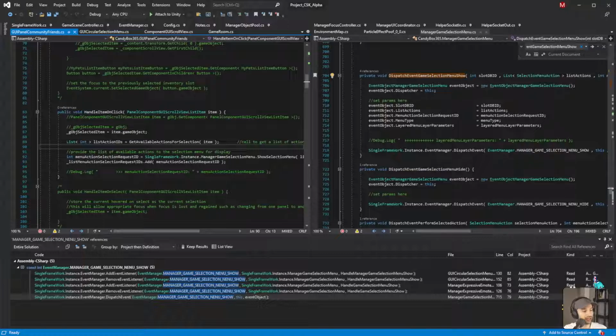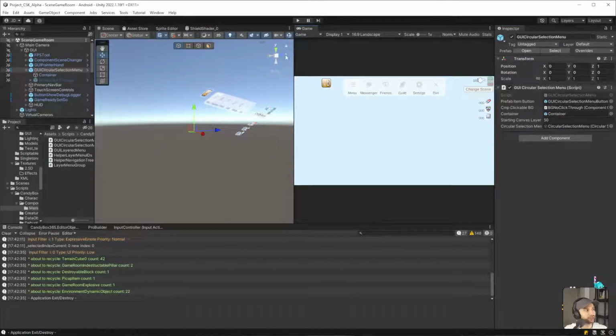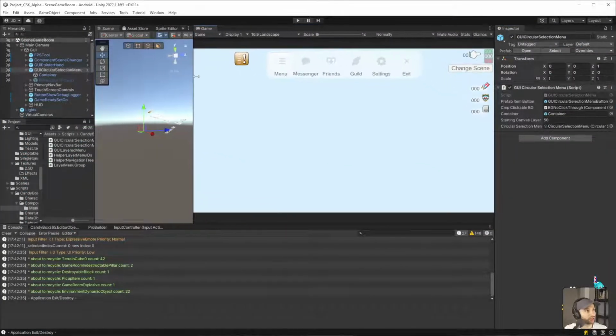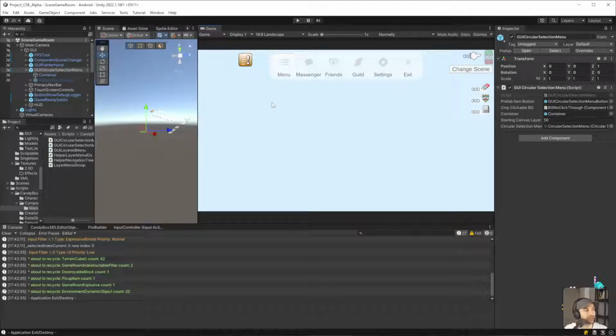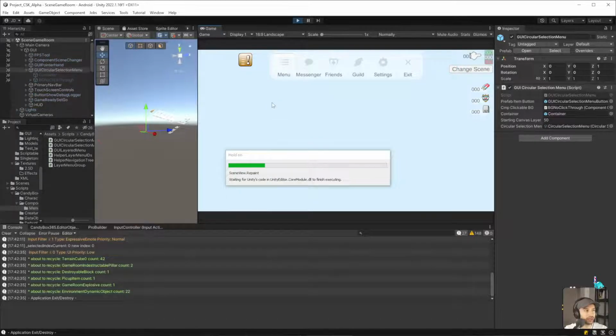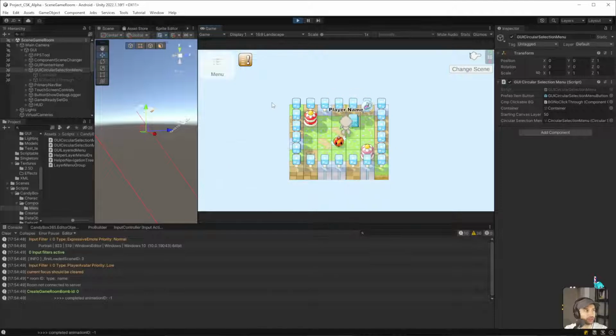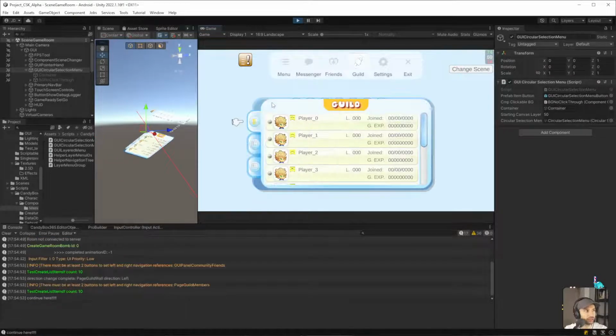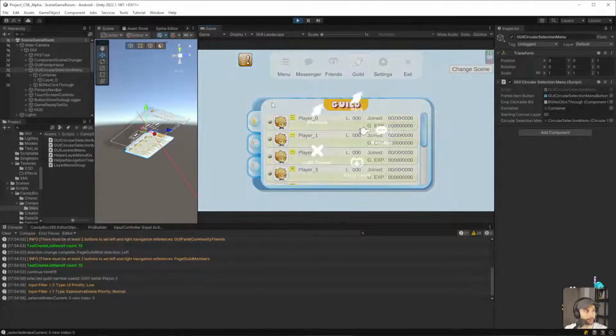But what I don't understand, though, is how come it works sometimes but not other times? I really don't understand that. So let's go and run this. Maybe it's cached somewhere. The value is all I can think of. So if we go to guild, let's say... No, it goes on top.